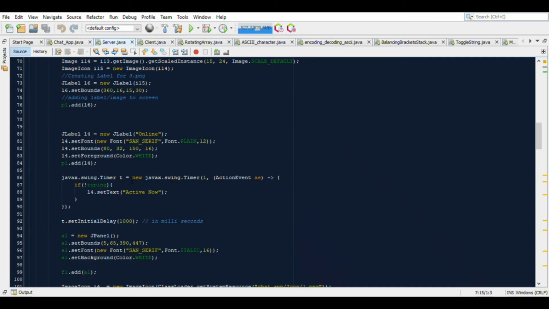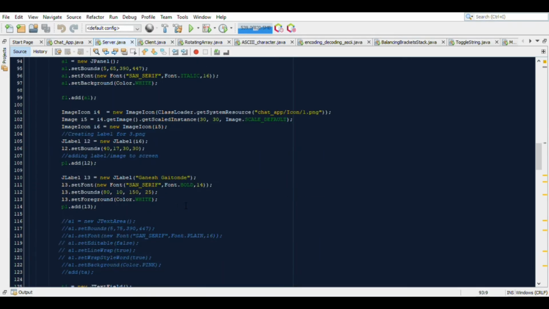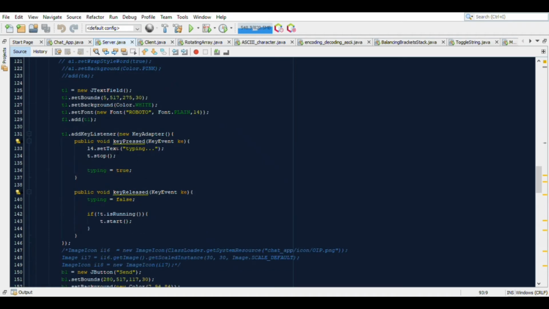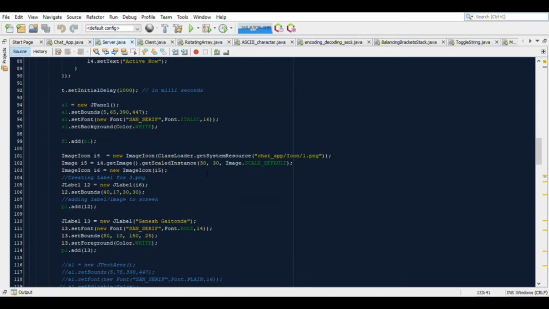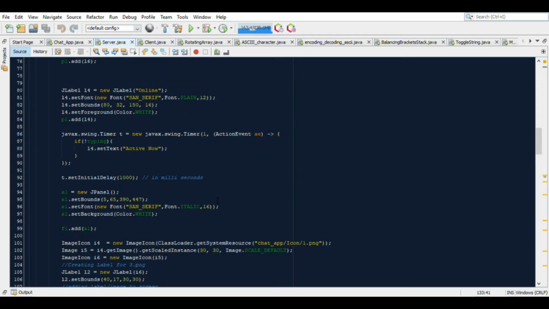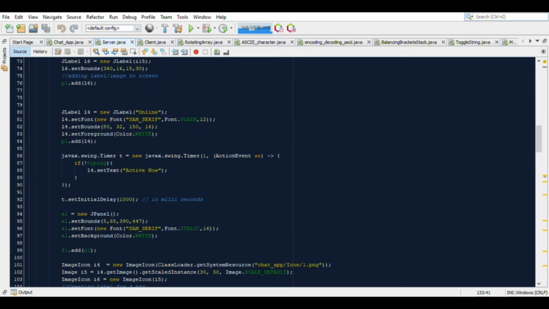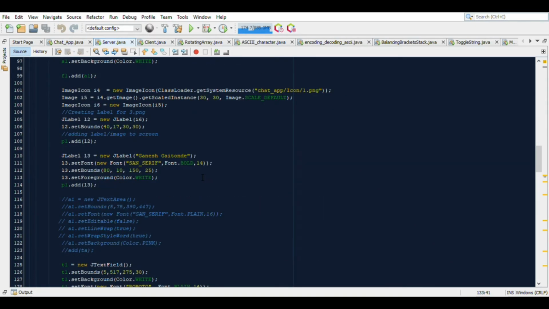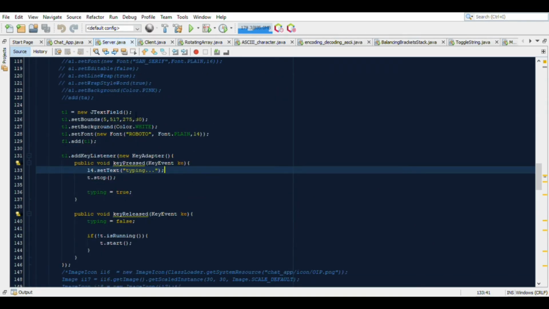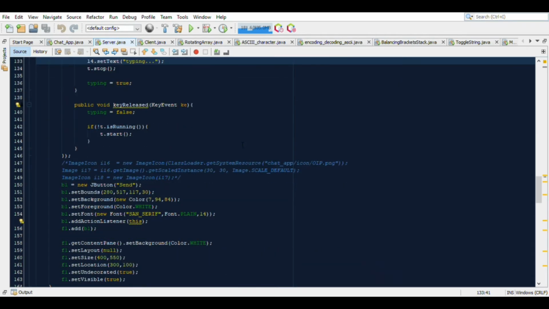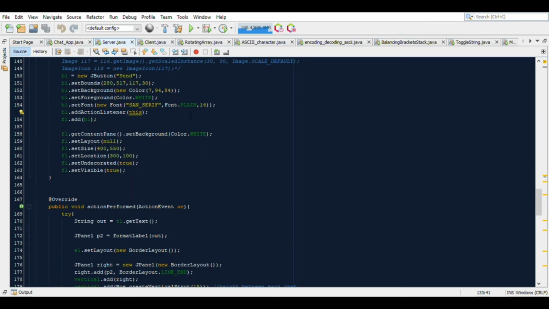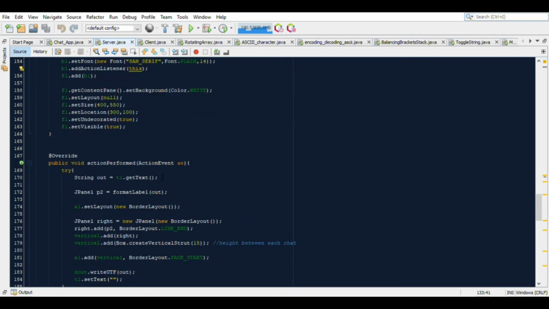I have used the timer class, which will show whether the user is active or typing any text in the text box, so it will be displayed as typing. It will also show the time at which the message was sent. For that I have used the timer class, and I have used the text field for writing the text. So this is what the UI code will be like.